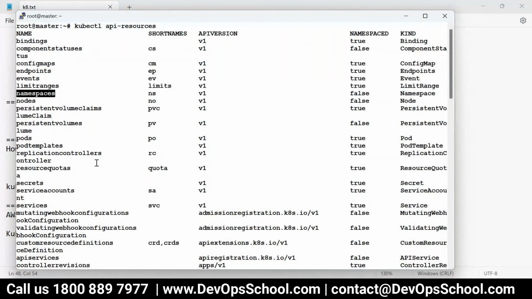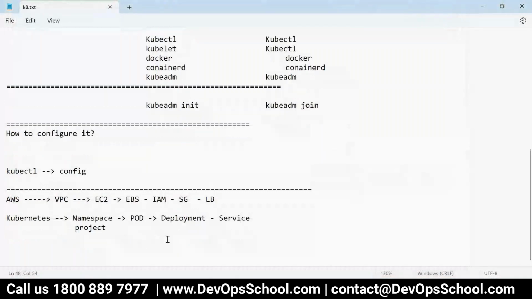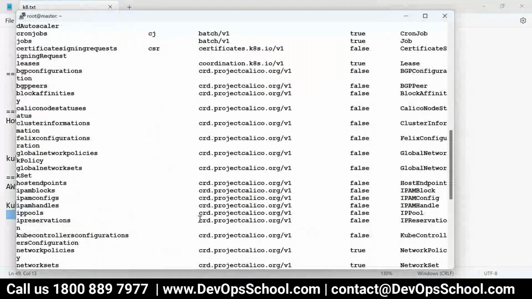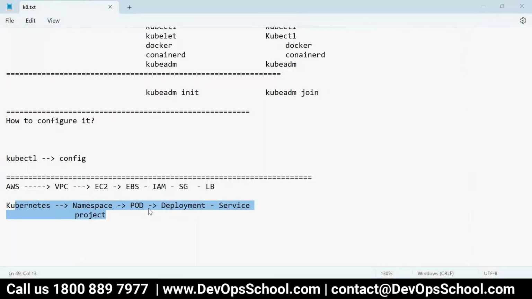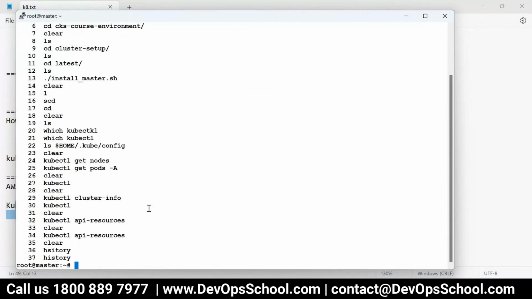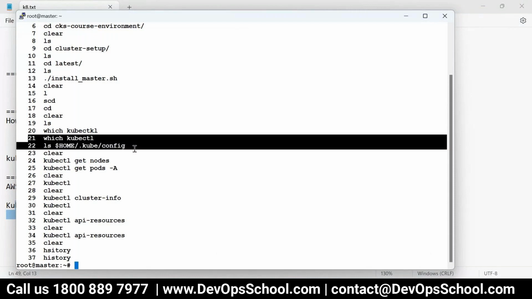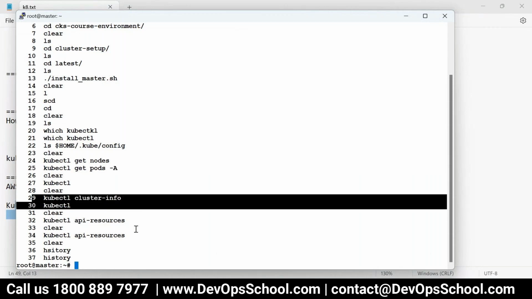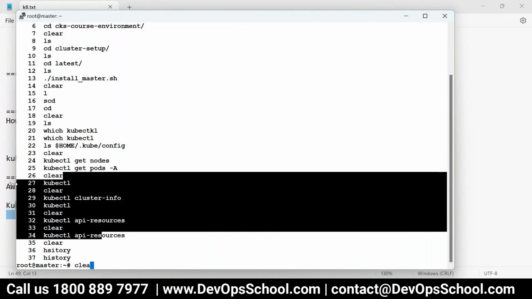So some of the resources I'm teaching you, but there is a list of around 60 resources which you need to learn. So more or less, I ran a few commands which you can remember. Here I checked my kubectl configuration, checked the nodes, all pods, cluster info, API resources which are available, and so on.